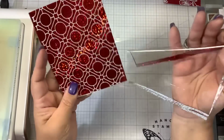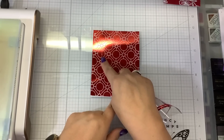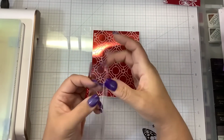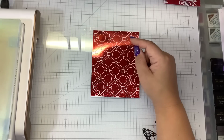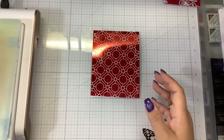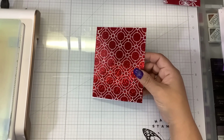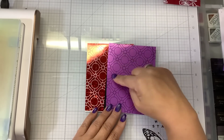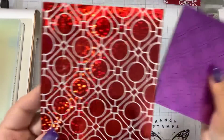another perfect specimen. Although this line is on my foil plate. I saw it earlier. It's not pressing the foil in there. I got to get that off the foil plate. So that just tells me that if there's something on your foil plate, you should probably remove it, because it was on the other one too. See? There's like a sticky line on there. I'm going to show you guys how to get that off. But otherwise,